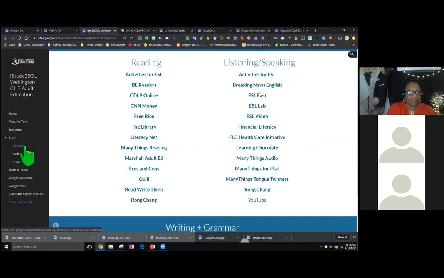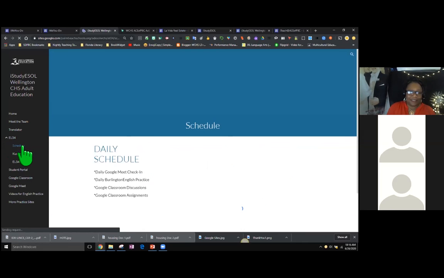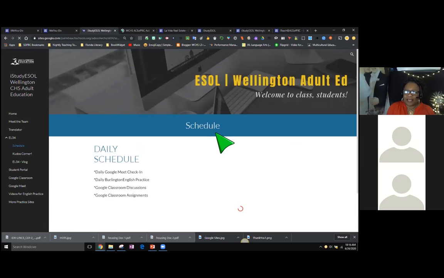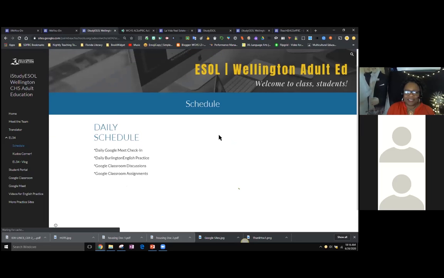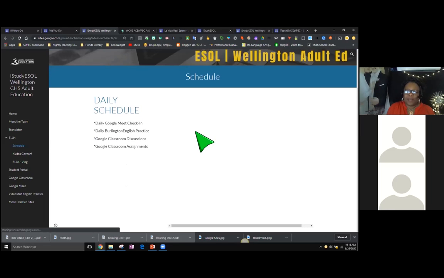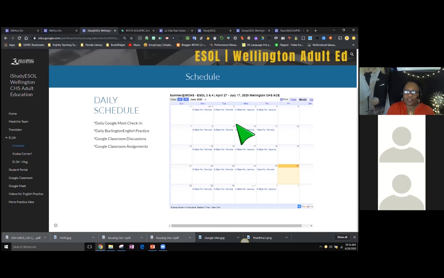Also on this site, I'm going to click on this tab, is a page that shows a schedule and a calendar. Because again, a calendar is a Google product, and so you can embed a calendar into a Google website. And so the learner has access at all times to what's coming, what's going on, because if they click on this tab, they can see their calendar and they will always know what's taking place in class.